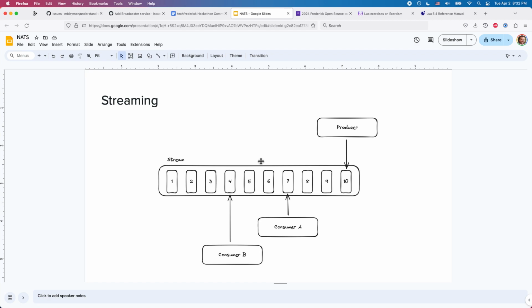I guess I'm having trouble with when would that be a better idea than having a normal database? I think that's kind of where